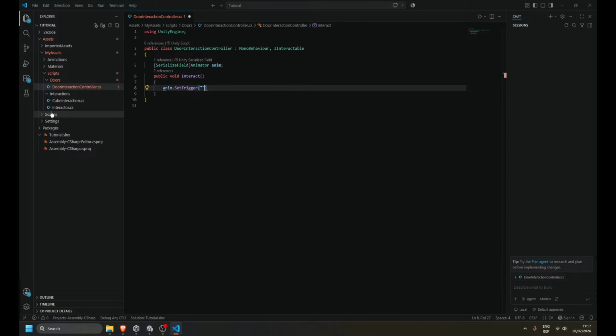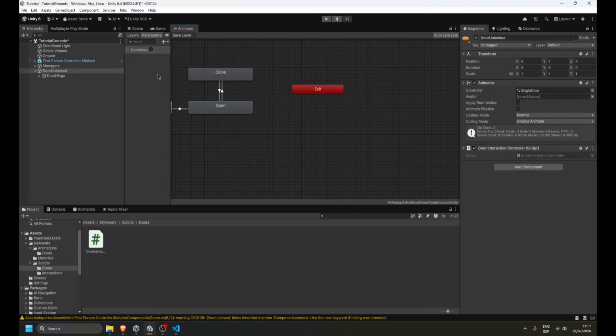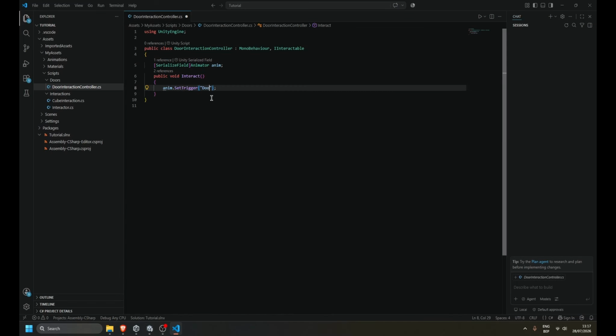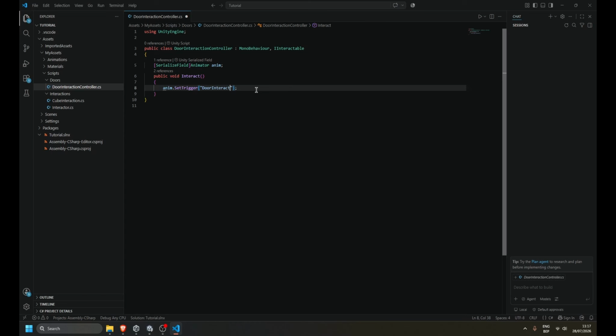And in SetTrigger you put the name of what you called the trigger in the animator over here. For us that's door interact. Door interact, or is it door interaction? Door interaction, my bad. We do door interaction. So basically what this does once we interact with this,